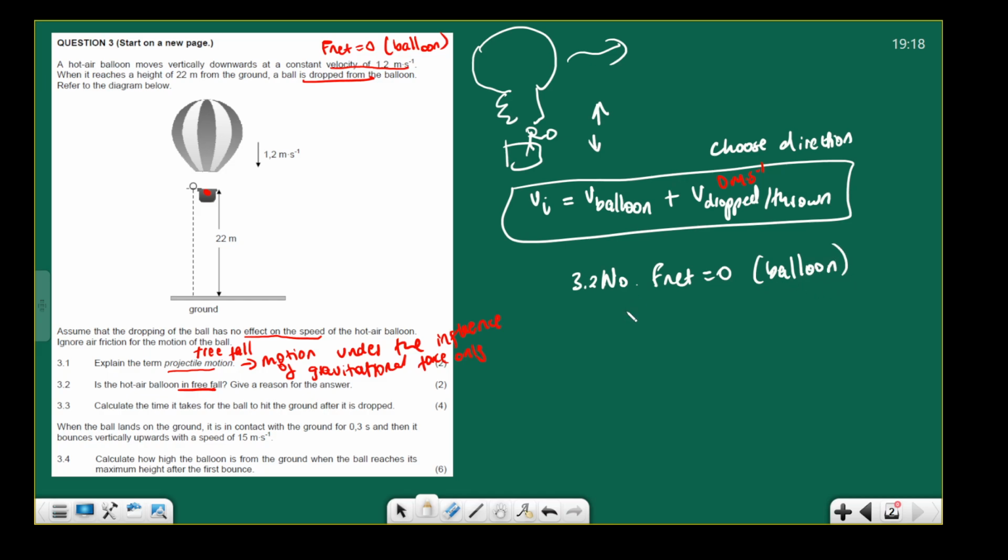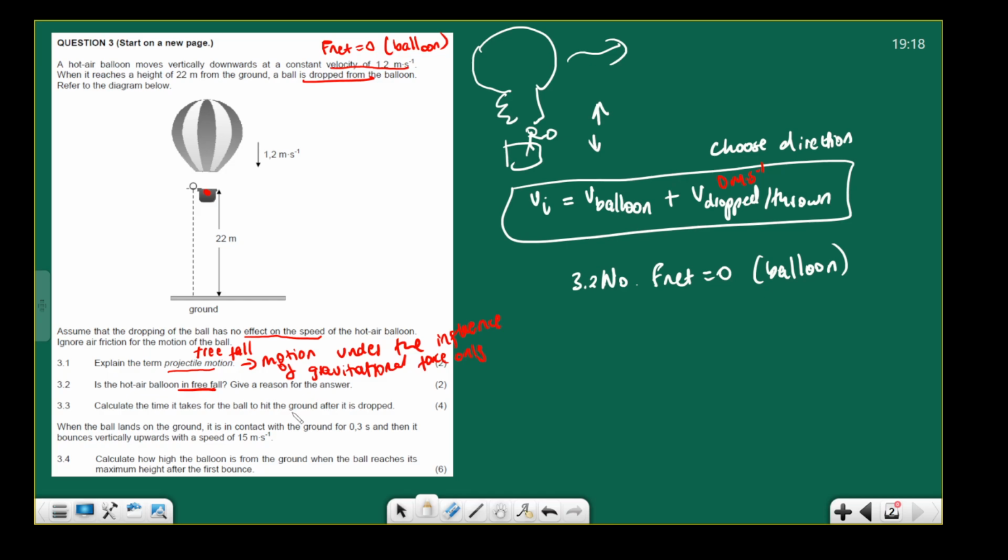Remember, if something is in free fall, the only force acting is Fg, which means F net can't be 0. F net is actually going to be equal to the Fg. Okay, so take note of that. Then 3.3 then says